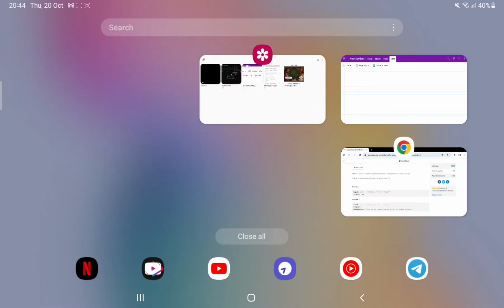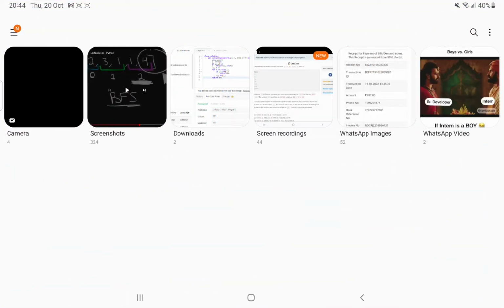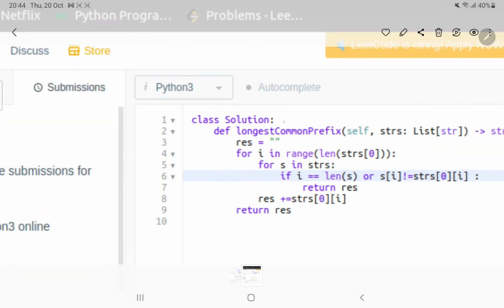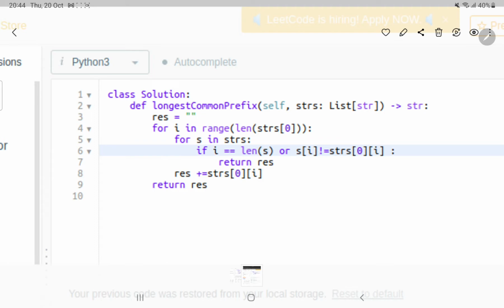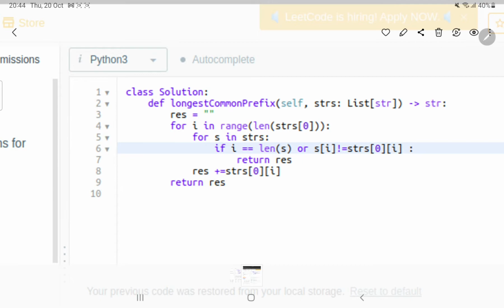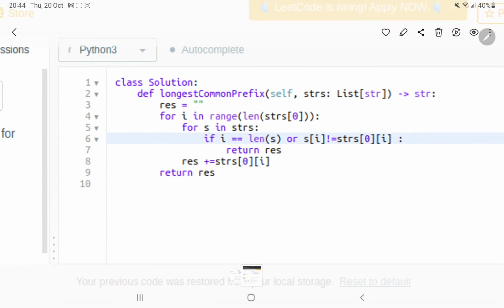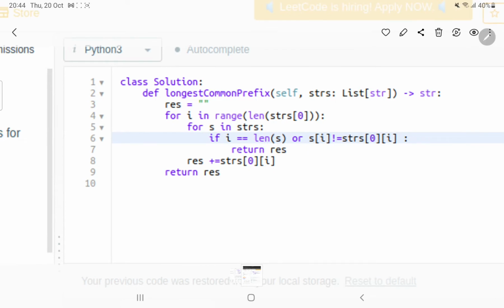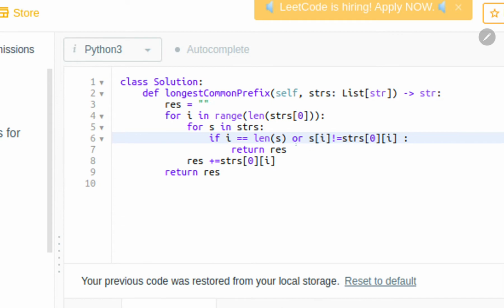So okay, I have already written the code, I have already taken the screenshot, so you can check here. So we have written result. First of all, it was empty, then we have written I. Okay, so we have picked the first word in the list. Then what we have done, we have traversed all the words in the list, and we have applied both conditions. So if I is equal to length of s, we need to return the result, because it's an or, so if the first condition is true, we will directly come to the return statement, and this was our main condition.